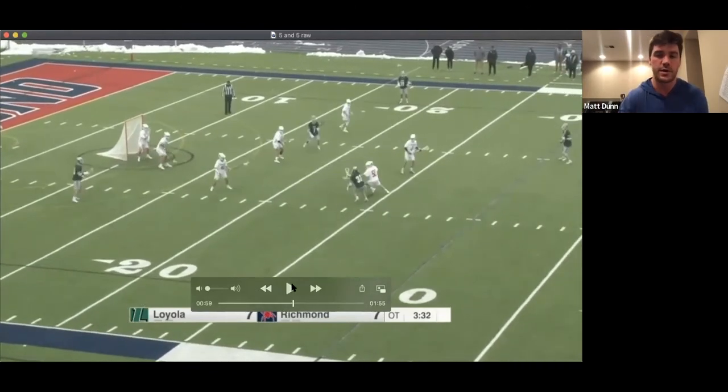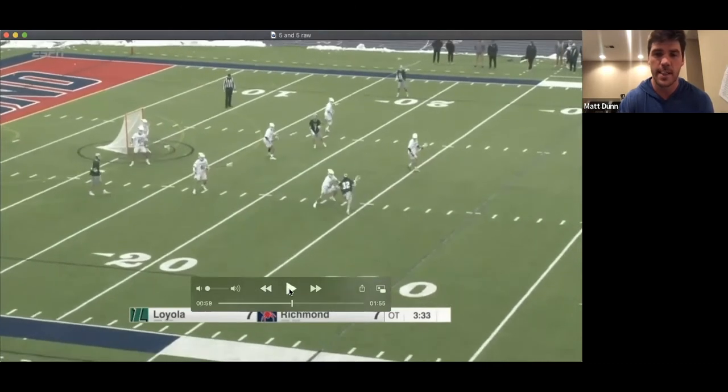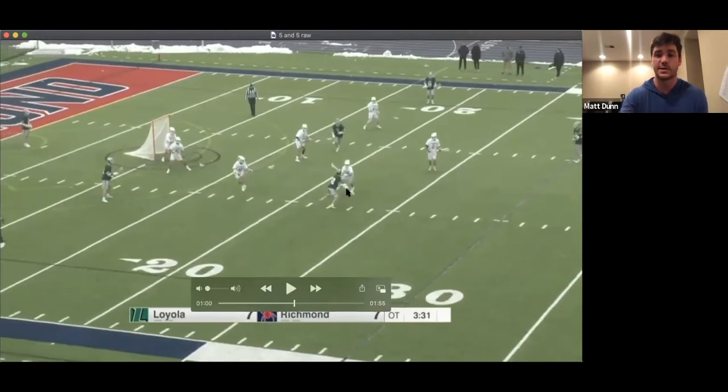As soon as he gets turned there, he ends up in that chase mode almost, because once his hips go too far this way, he has to overcompensate to get back. And as soon as he reaches here, I mean, this is a pretty nice move. Kind of start drifting back, hands up, look like you're about to pull it, gets a stick in the air,